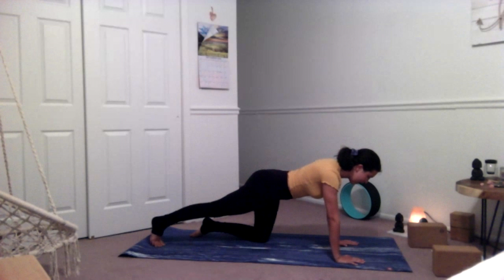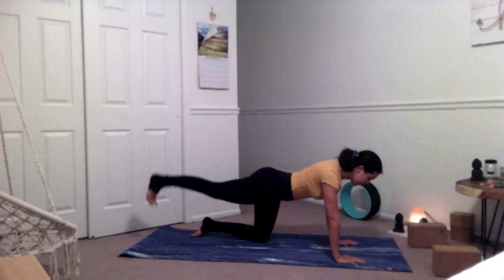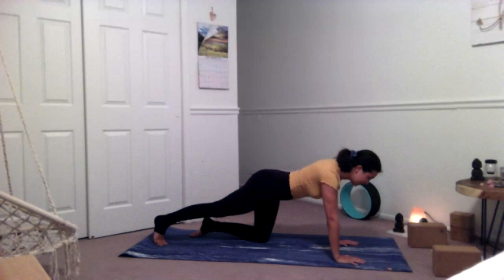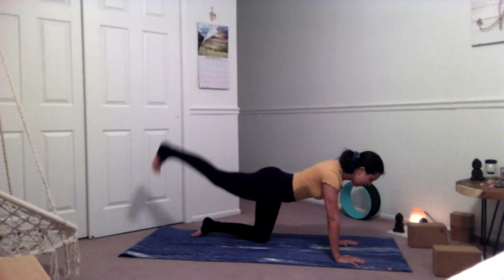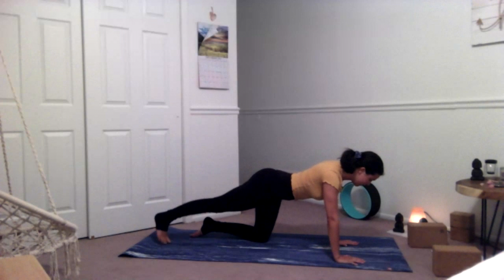Back on our mat, and we'll take some glute pulses here by bringing the right leg up off the mat, squeezing the glute, and then dropping the toes back down to the mat. And we'll do that for 5, 4, 3, 2,